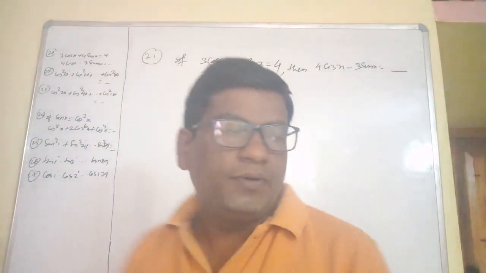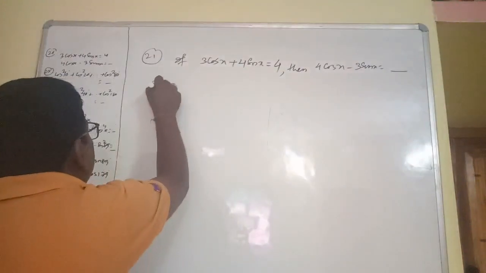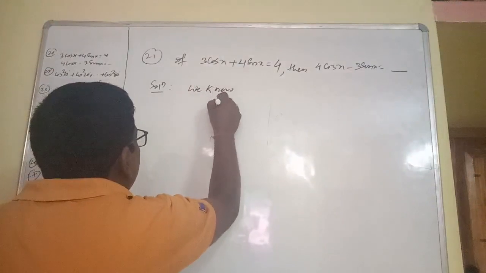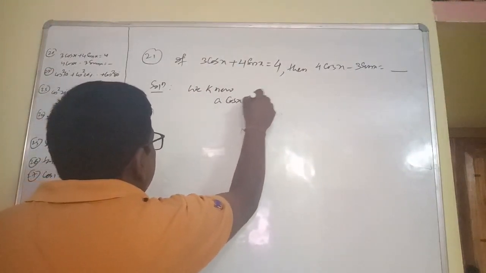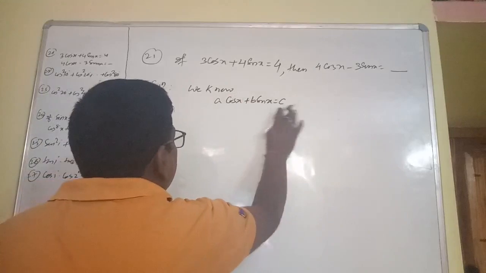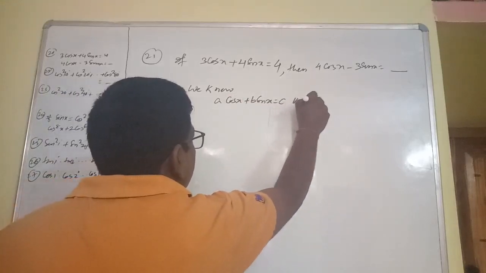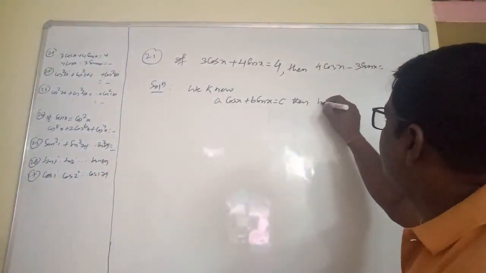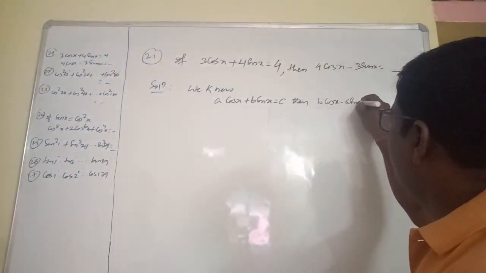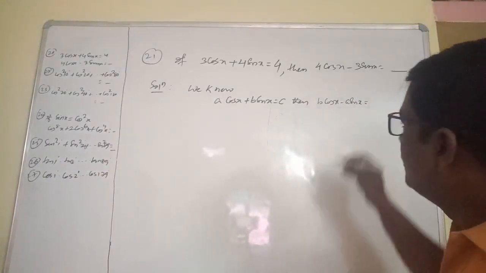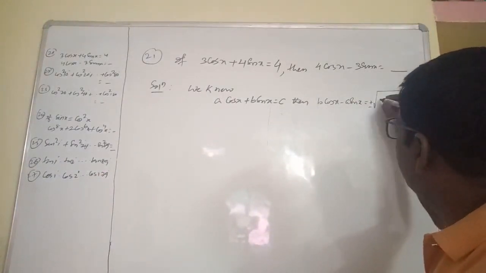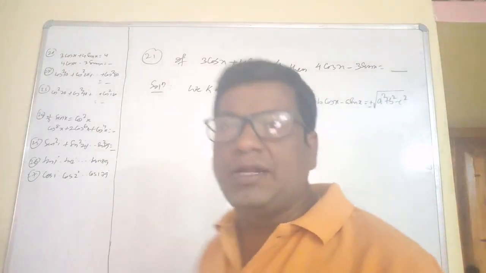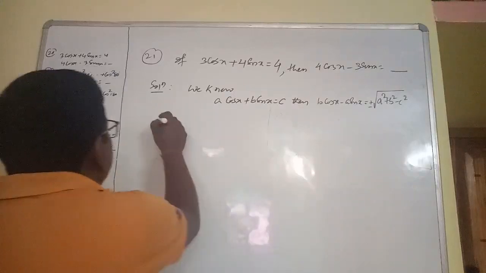As you know, we know the solution. We know that if a cos x plus b sin x is equal to c, then b cos x minus a sin x is equal to plus or minus root over a square plus b square minus c square. Applying this formula, here it is given